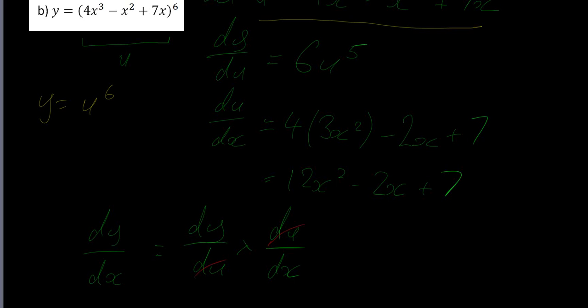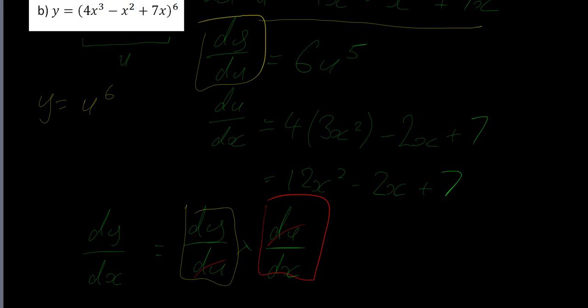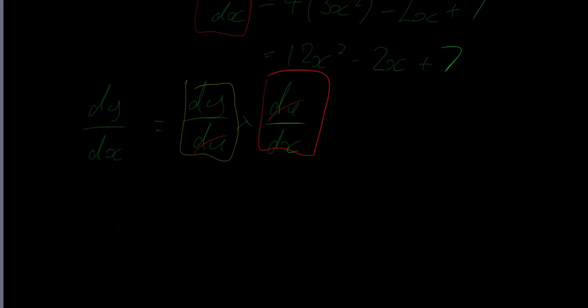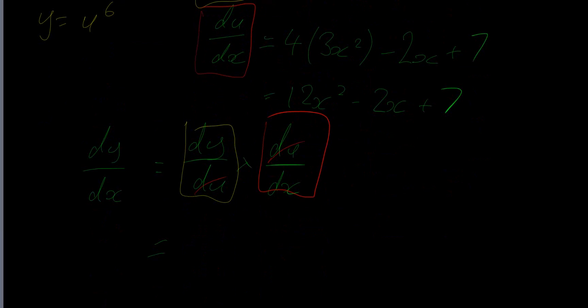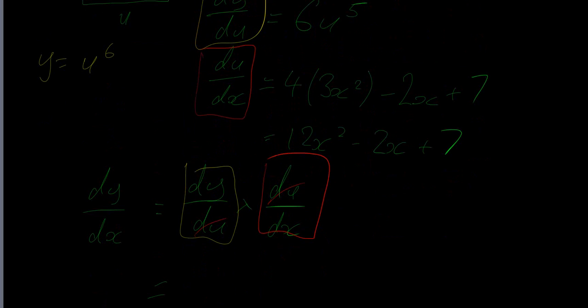But what we do know so far is we know what dy du is from up here, and we know what du dx is from what we just found out here as well. So putting that all together, we're going to say that dy dx is equal to, what do we have up here? We have